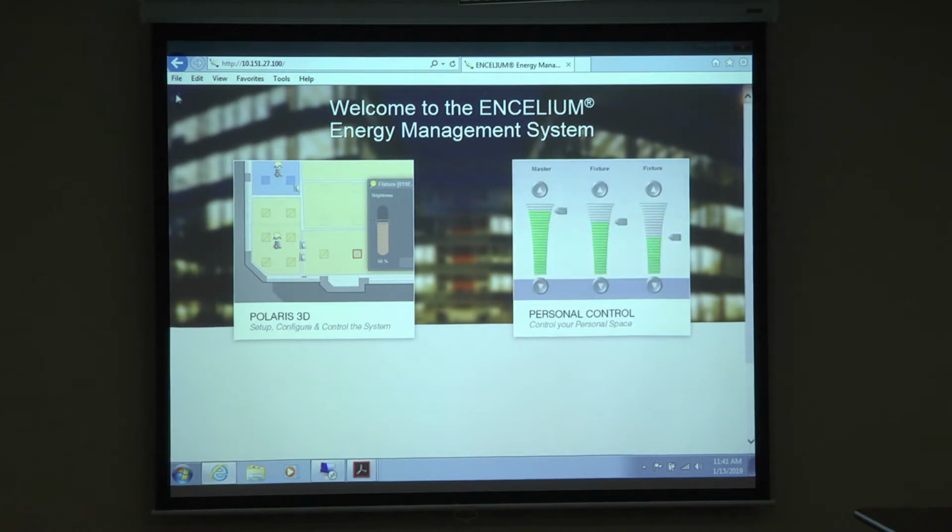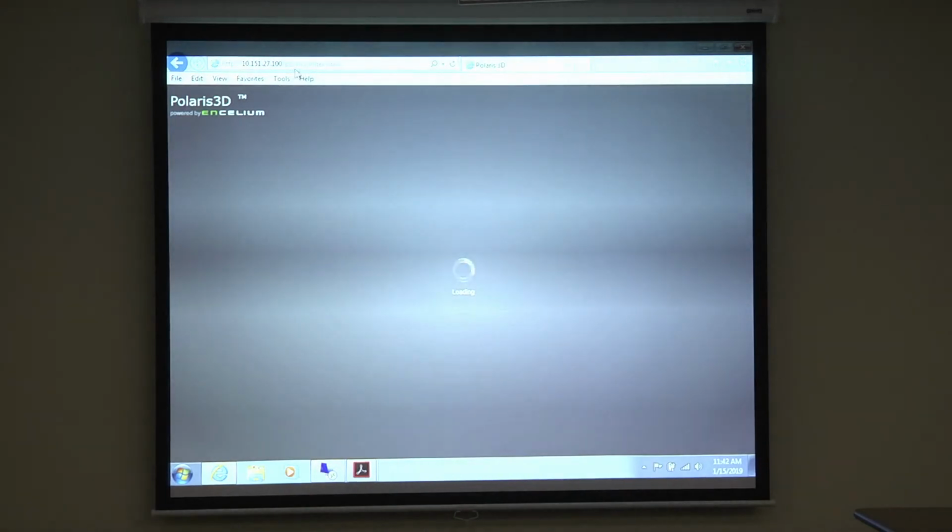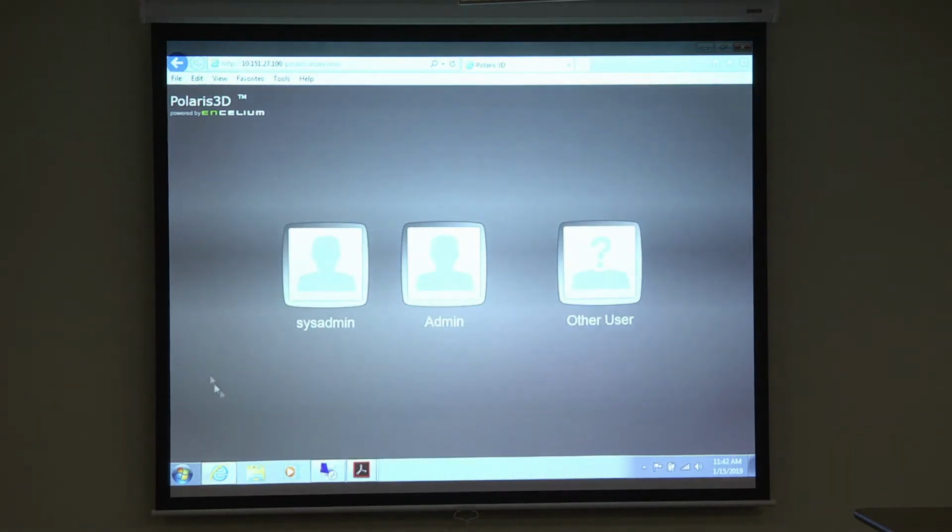So going back to here, you enter the IP address of the system, and then if you click on this little box for Polaris 3D, it brings you straight into the program, right? If you look right here, Polaris got jumped in here. So you can bypass that section by entering the IP/Polaris, and it goes directly into this section here,